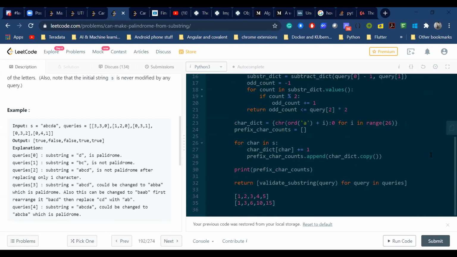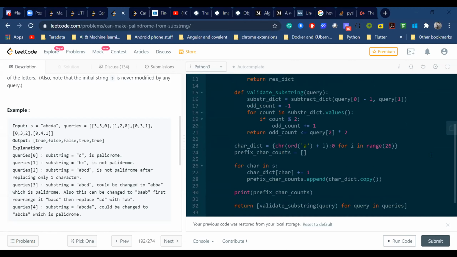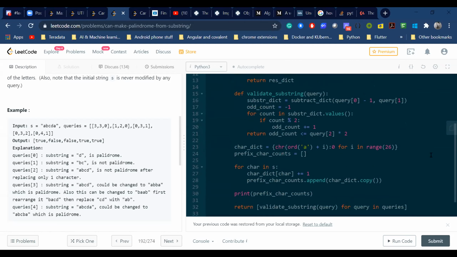And one more thing, you can carry on. As I was saying, even if you initialize this odd count to 0, it would work. Because as you said, one odd count we can afford, or 0. So let's say our odd count is 3, right? What we do is 3 by 2, so that is 1 only.